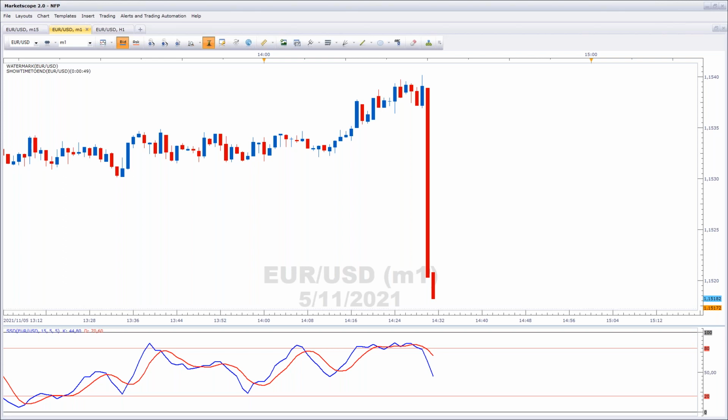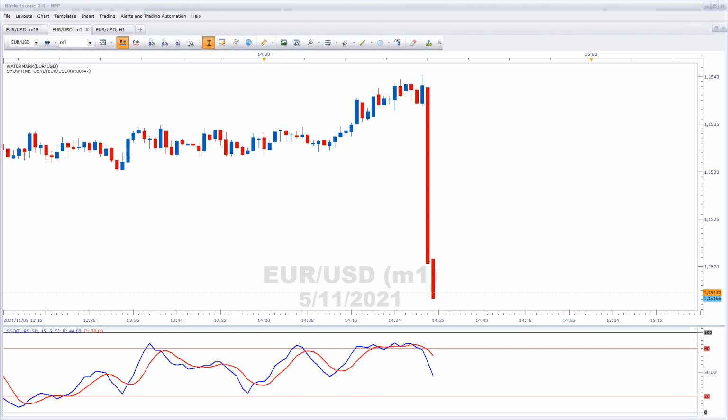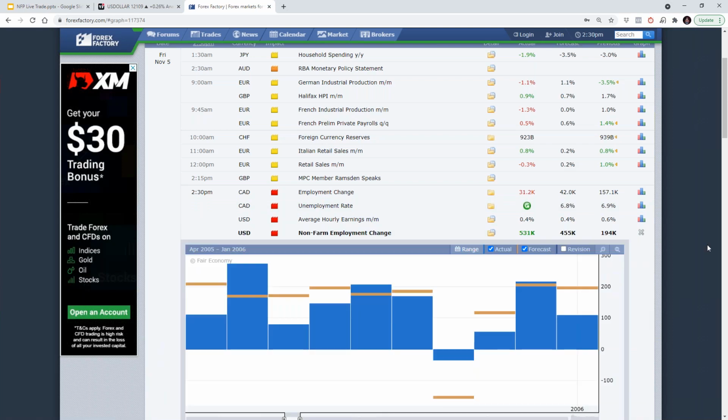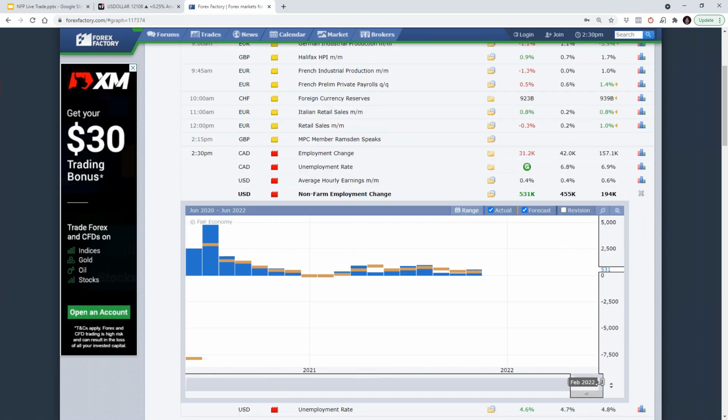All right, so you can see we've beat forecast, 531. Unemployment's come down. The average hourly earnings is pretty much on forecast. Now, I think the market's pretty excited about this release here. If we bring up the histogram just to see if they've got it in, you can see that it's beating forecast for the first time in 2 months. All right, let's go back and see if we can put on a trade.